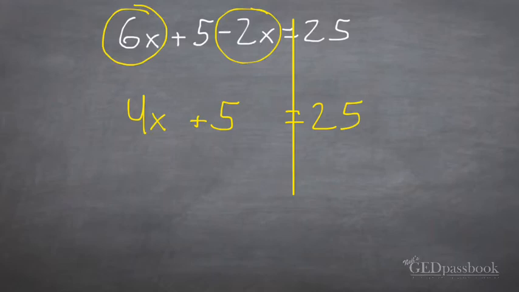Plus 5. So this plus 5, there's a letter there, right? There's a number there, there's a number there. Those numbers want to go over there with the other number, right? It wants to be far away from your variables. So yes, you do move the plus 5. But if you're one of those students that said, I want to move the 4, I mean, you're not wrong. The 4 will want to go away from the letter, right? But the thing is, the number that's attached with the variable,